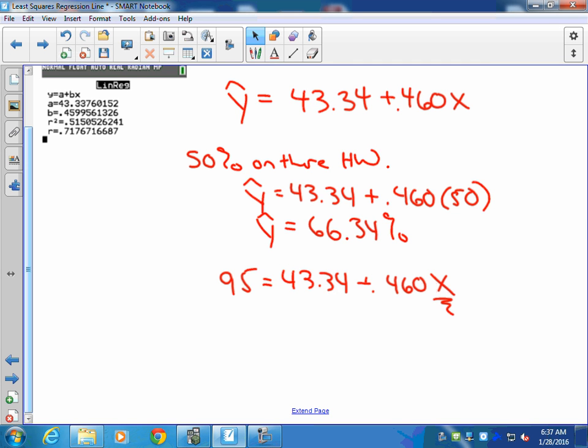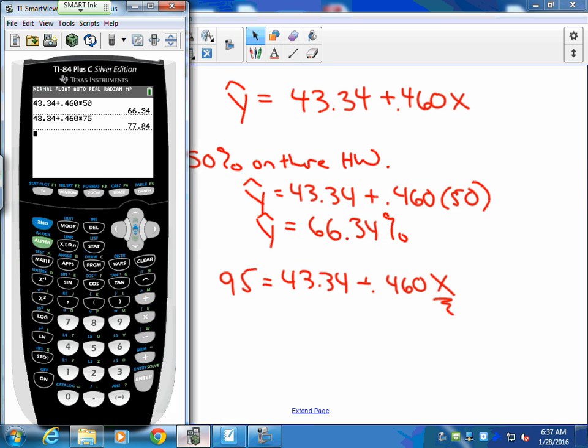Notice now we're putting the value in for y. We're looking at that prediction outcome, and then we want to solve for x. So 95 minus 43.34, enter, and then divided by